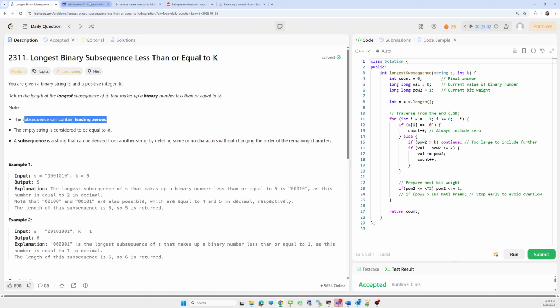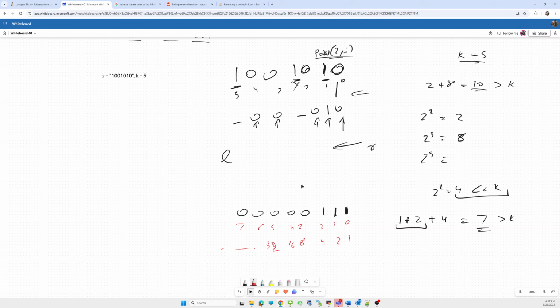So what we have to do, we are given a string which has only zeros and ones in some permutation, and a positive integer k value, let's say 5, in some example test case.